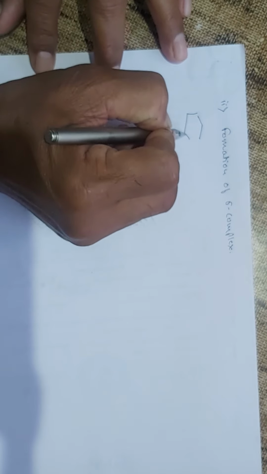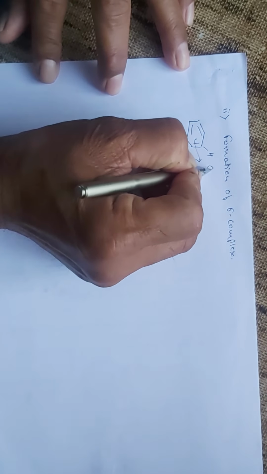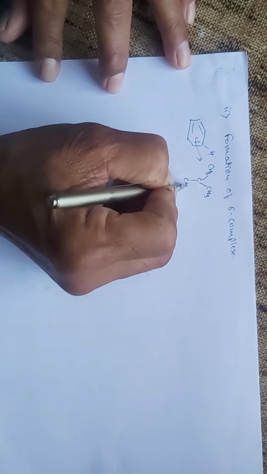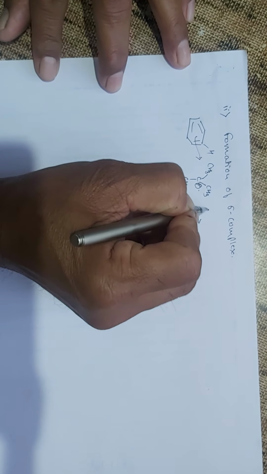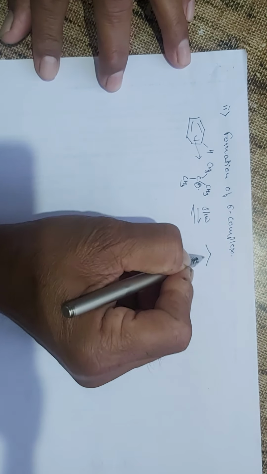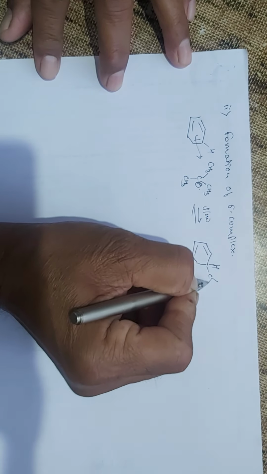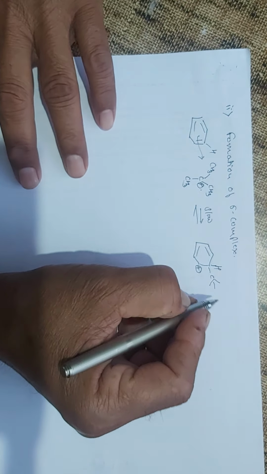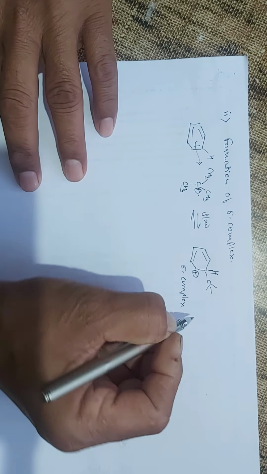This benzene, being nucleophilic in nature, donates the electron pair to the tertiary butyl carbocation. This is the slow step, and it forms the intermediate of the reaction, that is, the sigma complex. And in the third step,